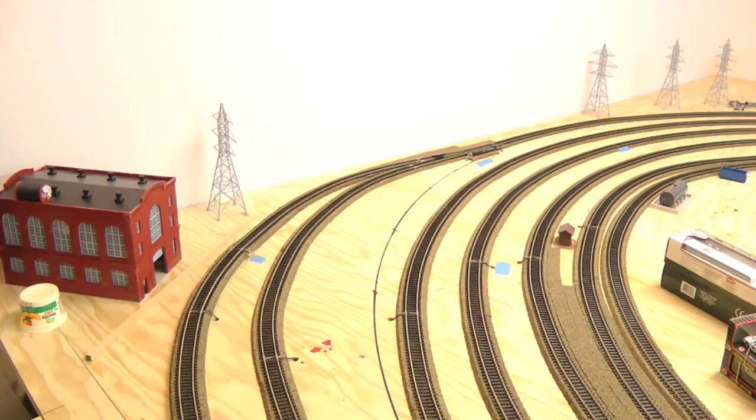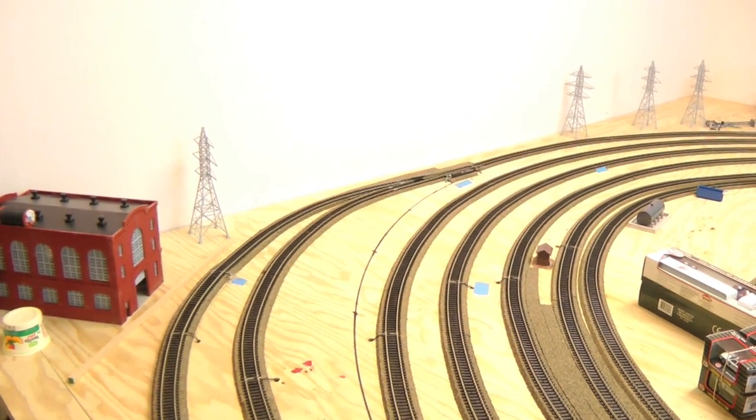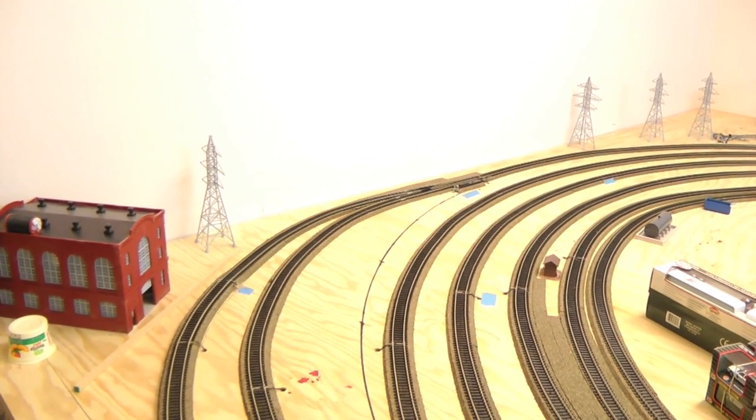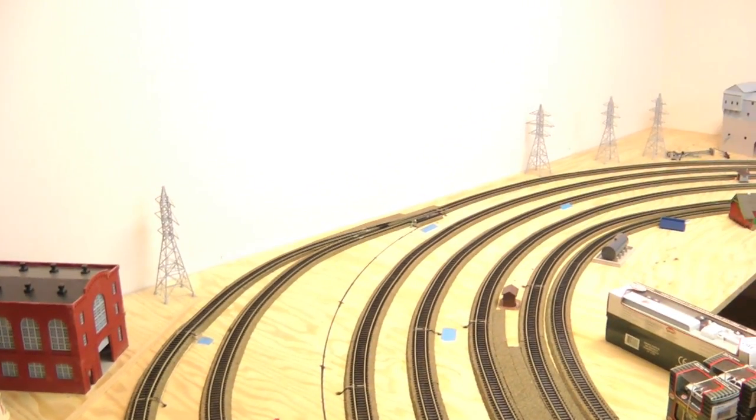Anyway, what you're looking at right now on the left hand side is our little power plant, and along the whole wall that you're looking at will be raised, and it'll become kind of a mountain scene with a tunnel. And then we carry on down